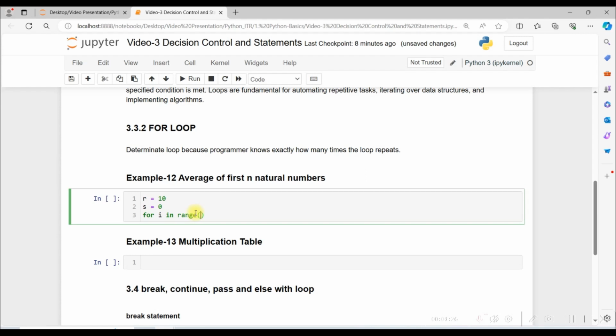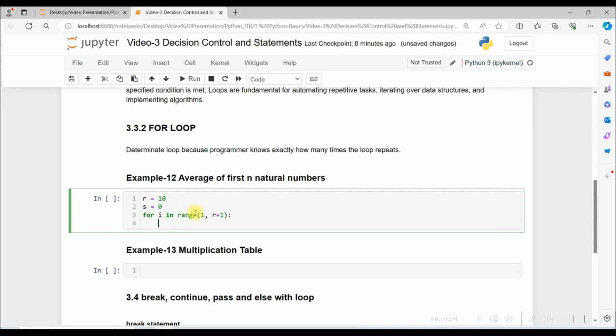As it is natural numbers, we will write 1 comma r plus 1. Why have we taken r plus 1? Because if we take only r, the range will be from 1 to 9 only. So to have the range from 1 to 10, we have to add 1 in the